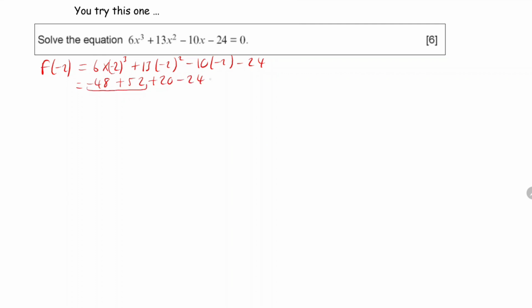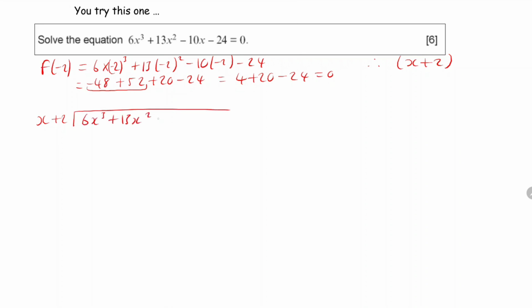And we can see that this will give us minus 48 plus 52 plus 20 minus 24, which gives us 0. So what that means is, therefore, this time x plus 2 is a factor. So we know that x plus 2 goes into this cubic. So what we're going to do now is do our polynomial division. Set up our x plus 2 into 6x cubed plus 13x squared minus 10x minus 24, and then do the